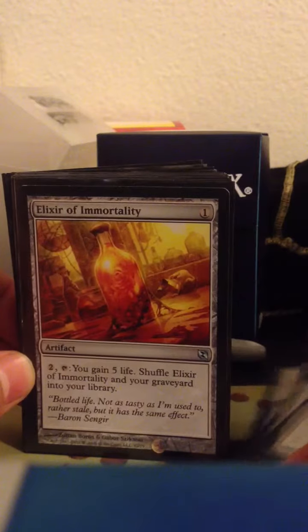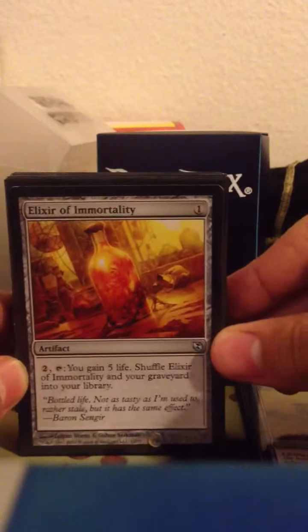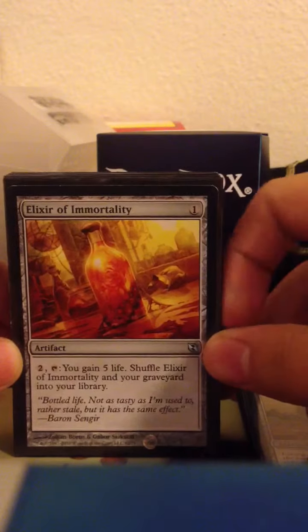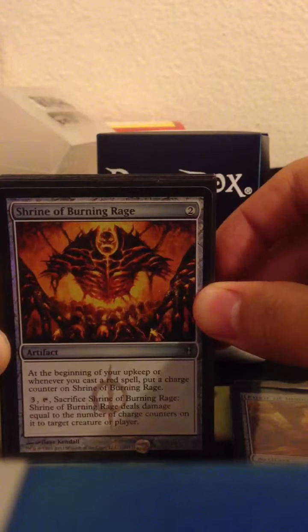Now the rest of your artifacts, you have an Elixir of Immortality, just so that mill isn't a factor anymore, but just in case, you know. And shuffling your graveyard into your library is still really good. You have a Shrine of Burning Rage, just in case it goes to that 40 turns or less, and kill your opponent or kill